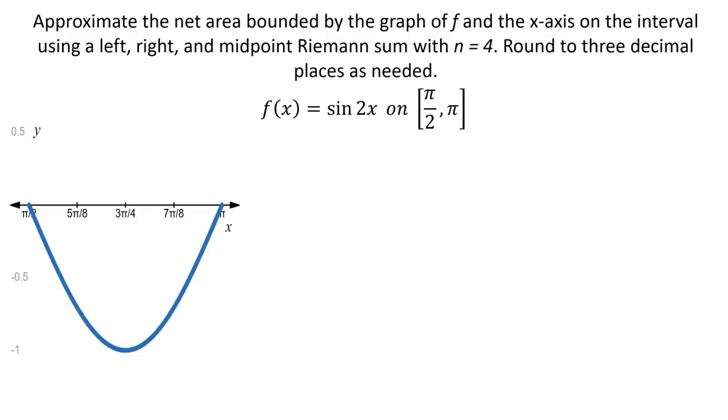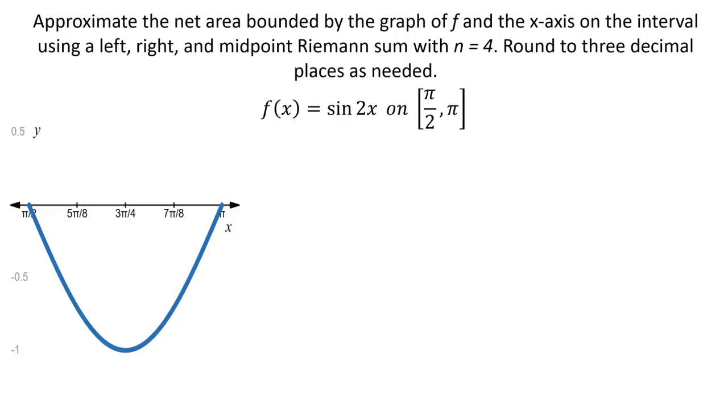Let's do one more example of calculating a left, right, and midpoint sum. Here we're asked to approximate the net area bounded by the graph of f and the x-axis on the interval pi over 2 to pi. And our function is f of x equals sine of 2x, and we want to estimate this area using 4